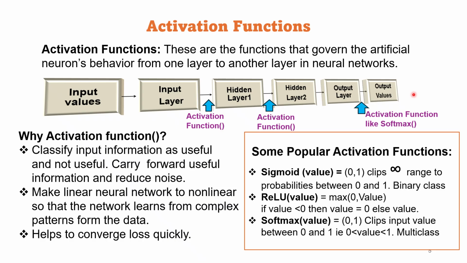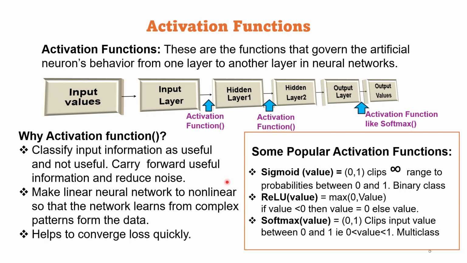Not all the information or data is equally important or equally useful. Some of the data is just noise. Activation functions are the functions that help the neural network to process the relevant data points and discard or ignore the irrelevant data points. Activation functions reduce noise data and carry only useful